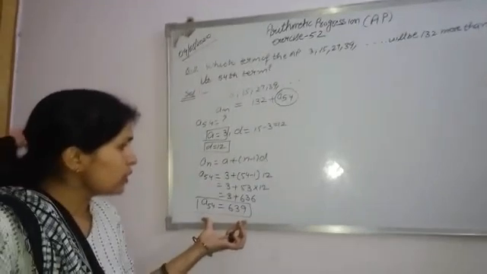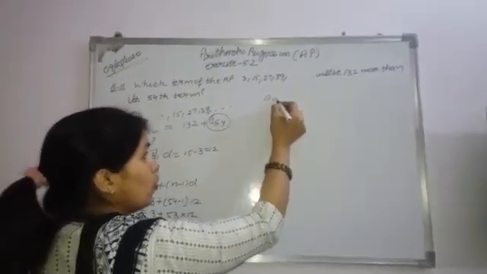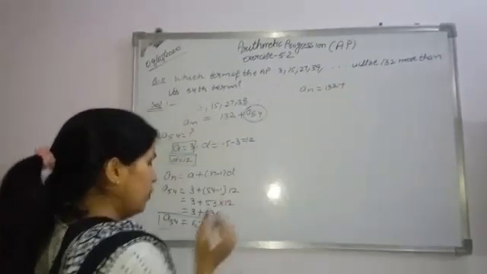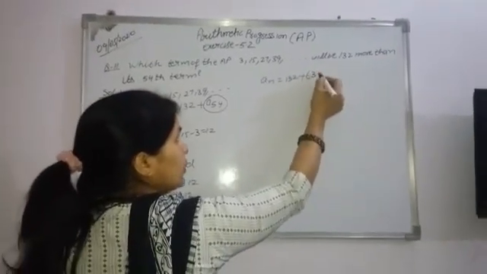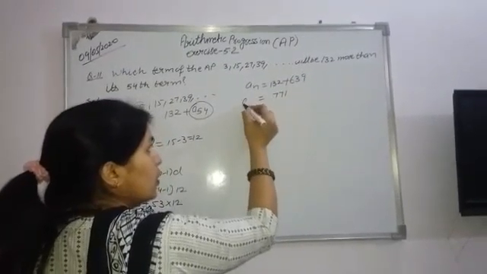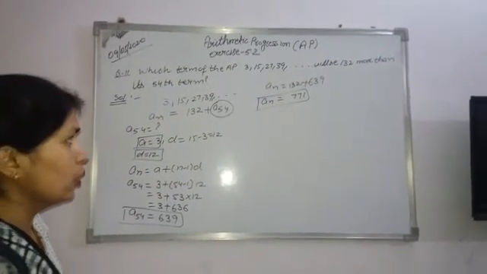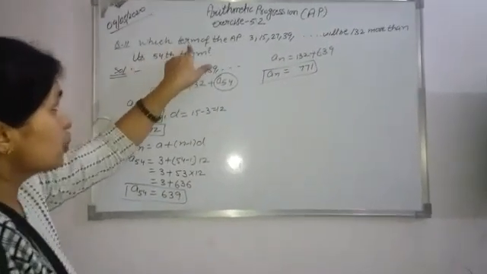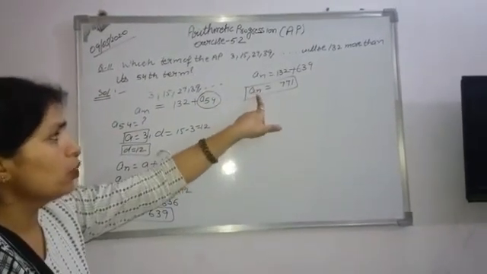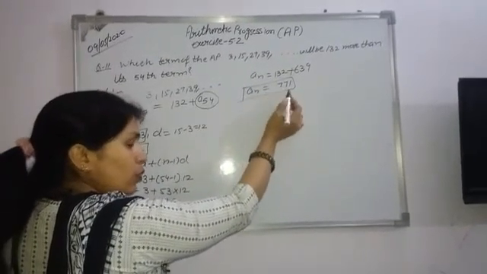Okay. So when we substitute this value in the relation, we obtain the value of that term: 132 plus A54, which is 639, and this value is equal to 771. So this is the value of that term, the term we want to find out, because the question asks which term of the AP. Now we want to find the value of this n. So the An value is given to us.